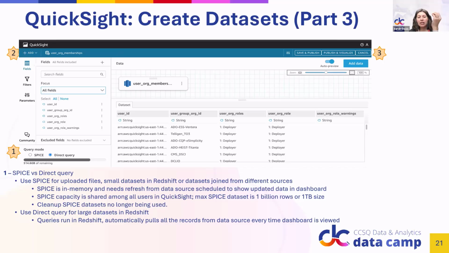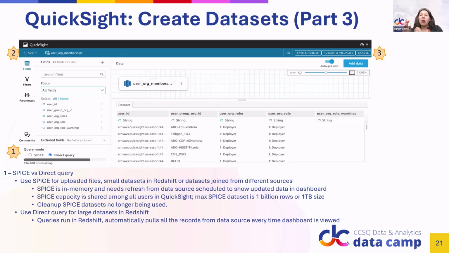The Spice capacity in QuickSight has been increased. So if you attended this training last year, it was about half this size. A maximum Spice data set can now be 1 billion rows or 1 terabyte in size total. If you use the direct query language, this is really great for large data sets in Redshift. Redshift has been optimized for handling large data sets and for QuickSight dashboards so that they render quickly.